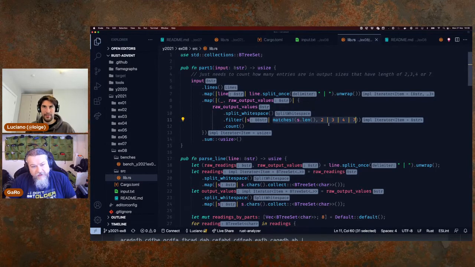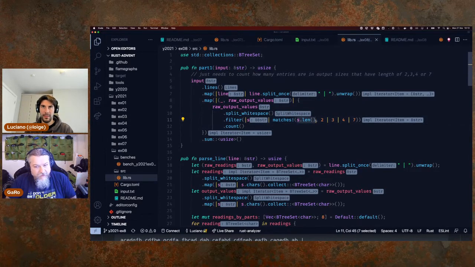Is it faster? I tested it and it was like 15 times faster or something like that. Yes, it's faster because it's like if statements, rather than checking in a hash set every single time. And here the pipe, what meaning does it have? It's an OR, okay. But it's not a bitwise OR. No, this is literally a match statement